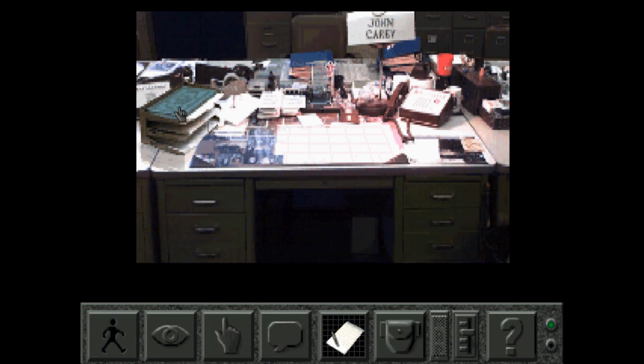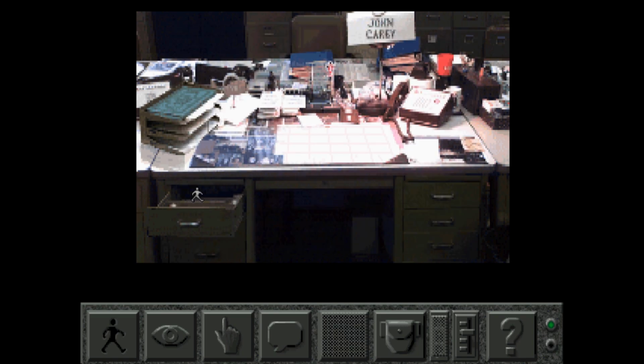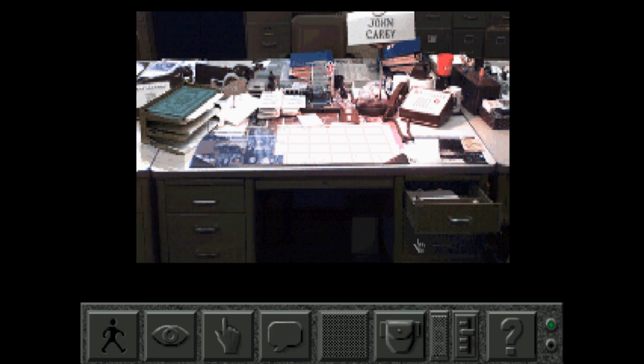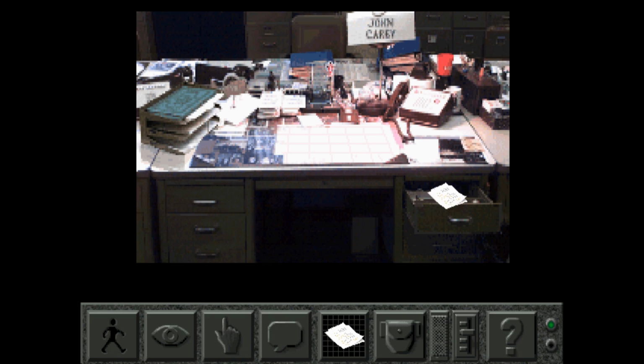Okay, we met him earlier. Nothing in the in and out baskets. I don't know if we can put this back in. The drawer provides safekeeping. Nice. You take a 3.14 follow-up report form out of your desk drawer. Go ahead and see if we can't write up a report. There is no need to complete an additional report on the incidents regarding the alley at this time. Okay. So, I don't know if I can put that in or not. Can I? A more professional attitude toward your duties is called for, Detective. Nope, guess not. Alright, so...